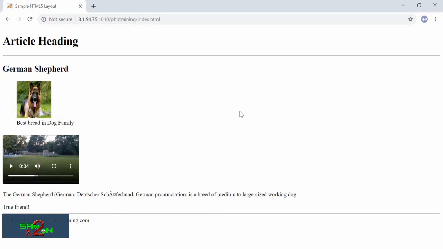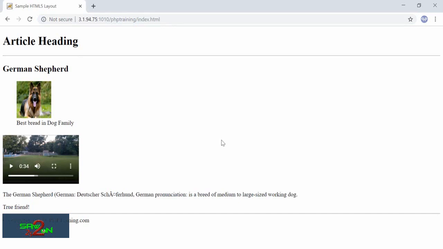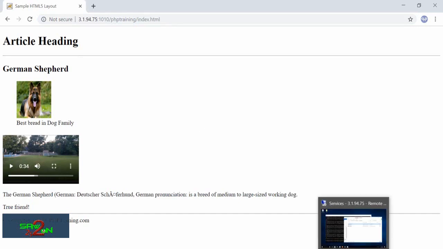You are sending a request from your browser to the server, and the server has a public IP address. Remember, this has to be accessible from anywhere on the internet, and this is unique. Using this unique IP address, I have a web server running on that server, and on that web server I created a folder called PHP training, and I have some files in it. So I'm asking the web server, you have a folder called PHP training, can you fetch me this file? And this file embeds all those images and videos, using which it prints those onto my browser. Okay, let's quickly jump back to our server again.